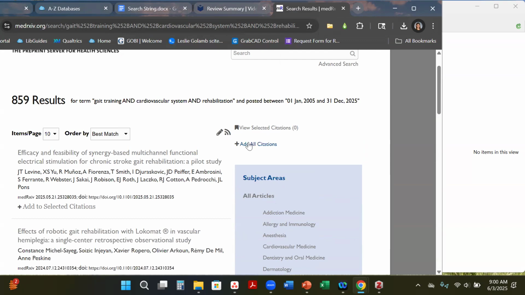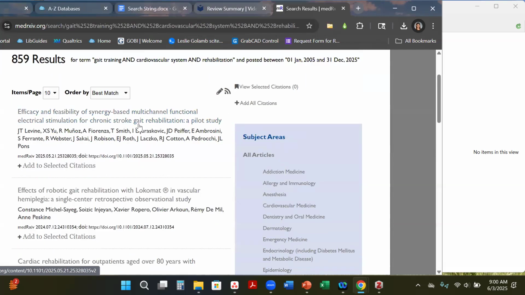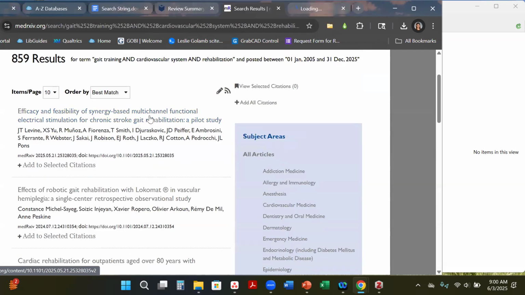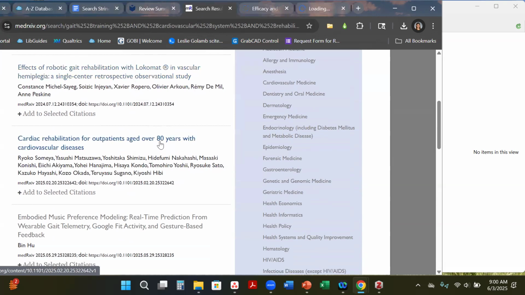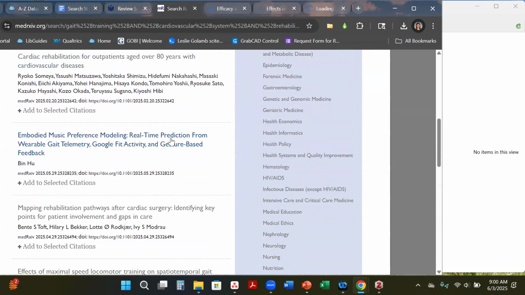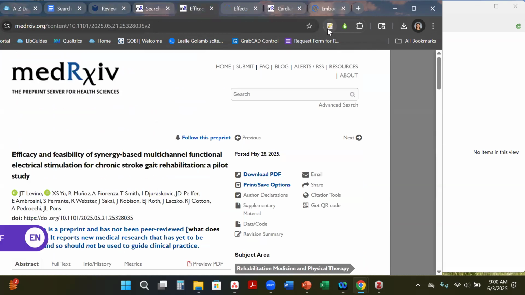You can hit add citations, where you are adding them here, which can get tedious and time consuming because sometimes it doesn't let you move forward in pages. So you have to remember, okay, after these 10, I have to remove them and then re-add them. For me, I'd rather just open in a new tab. I just do about 3 or 4 of them. And then once they load, I have my